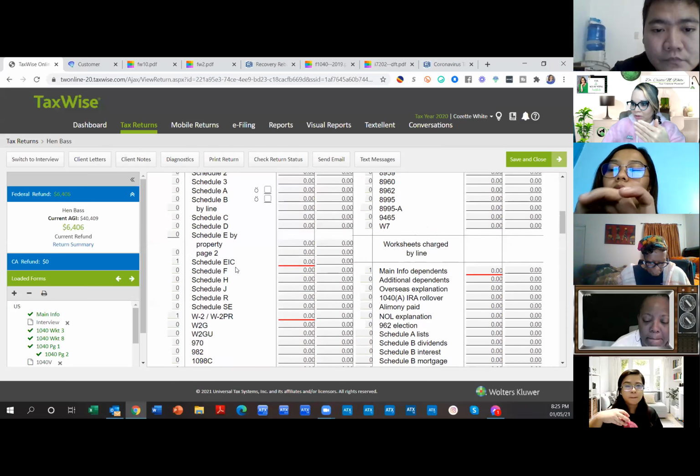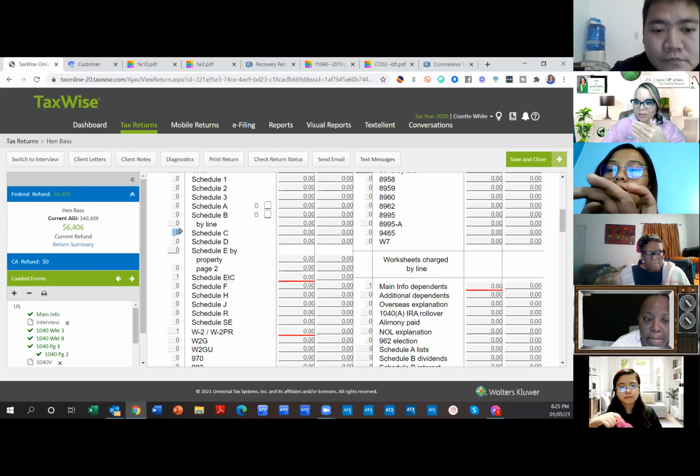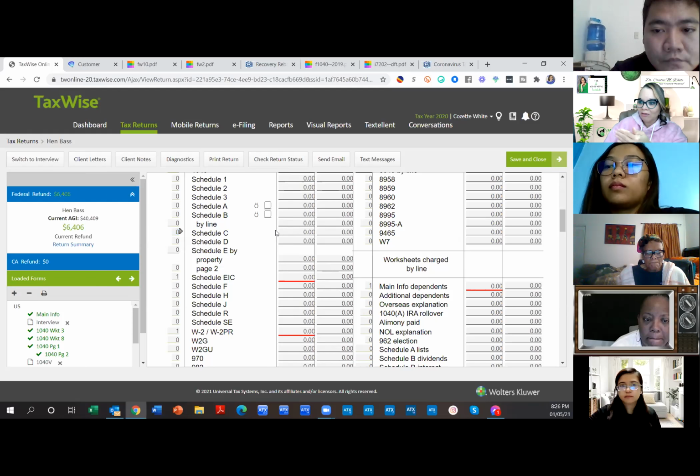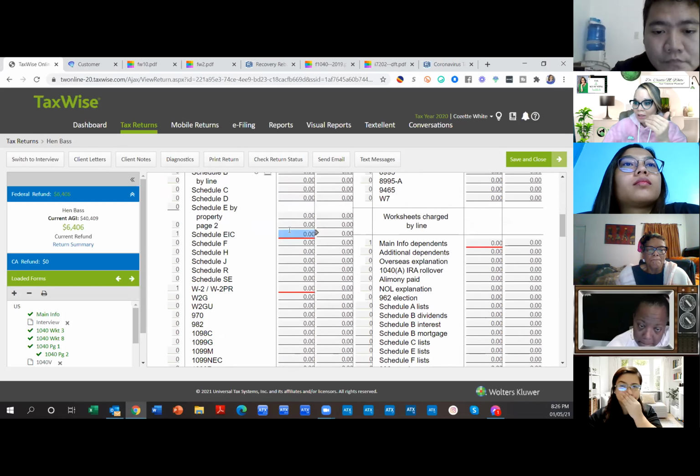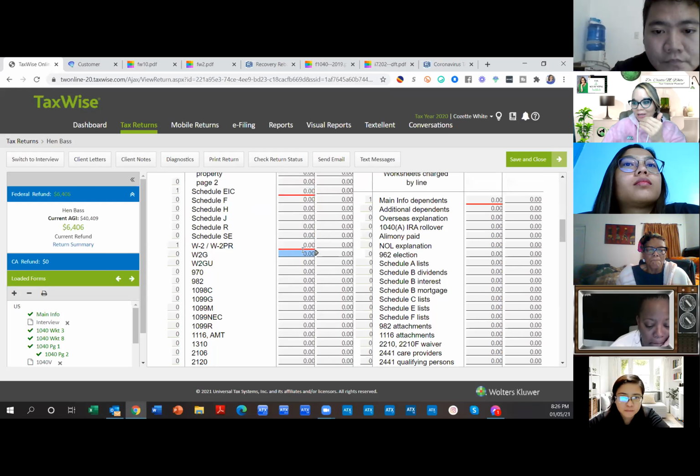It tells you how many of the forms. So if I was doing a Schedule C and I had like 5 businesses in this return, it would be 5. And if it was $300, 5 times $300 would be the rate that we would be charging him or her, this person. And I'm gonna put pricing in here for everything, you guys. I price out every sheet. I even price out W-2s. If you go to H&R Block, you go to Jackson Hewitt, you go to any of those places, you will see that they price per